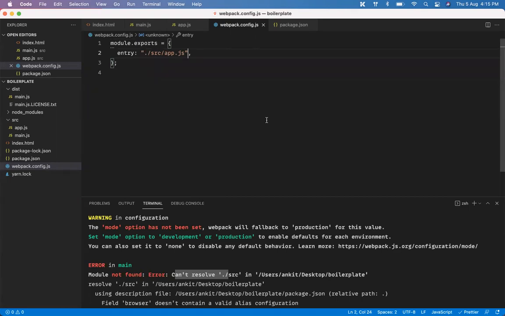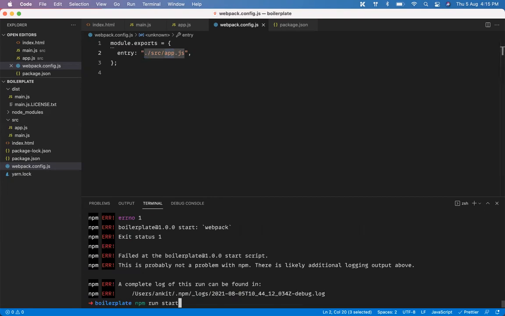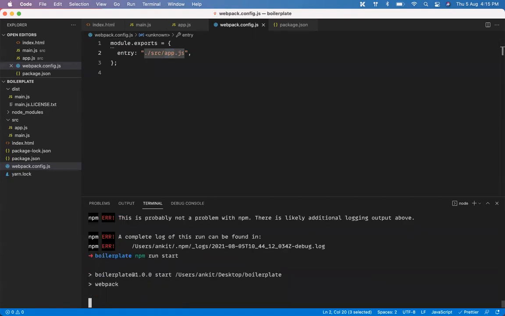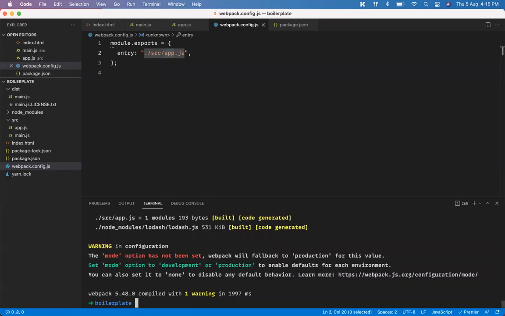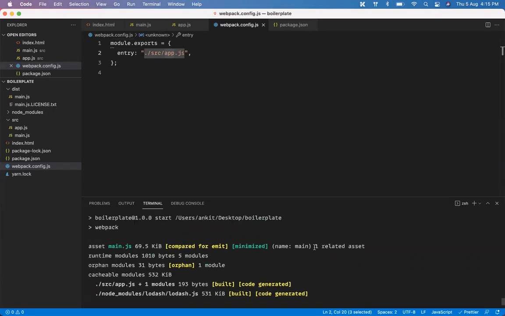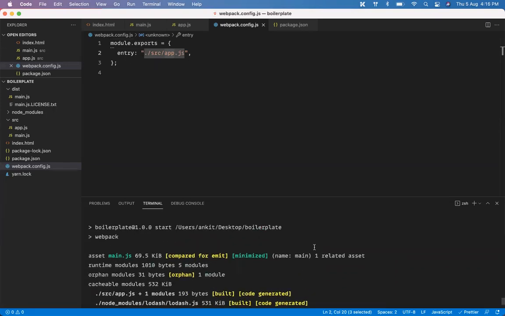So rather than depending on the default feature, we are just saying, okay, start with app.js that is inside SRC. What will happen if we run this code now? Let's see. Is it throwing error? No, it is not throwing error. We fixed the error. Perfect. All good. Yes, sir. But there is one more problem.